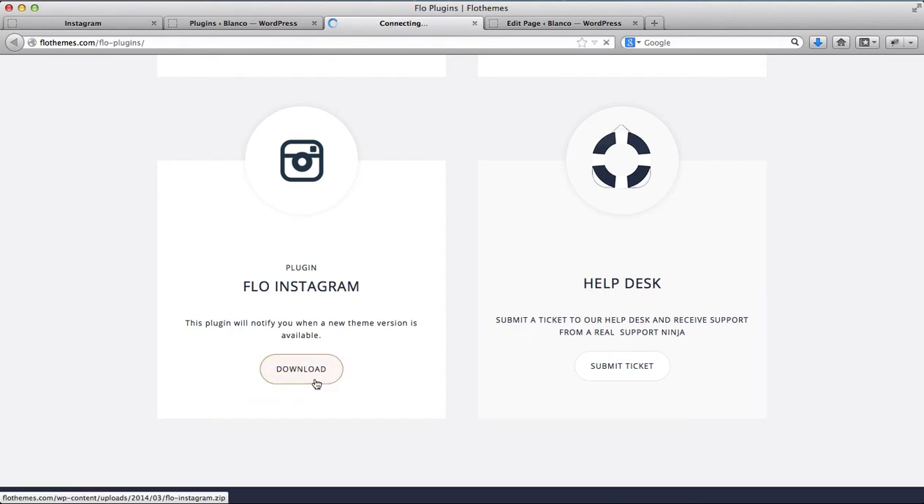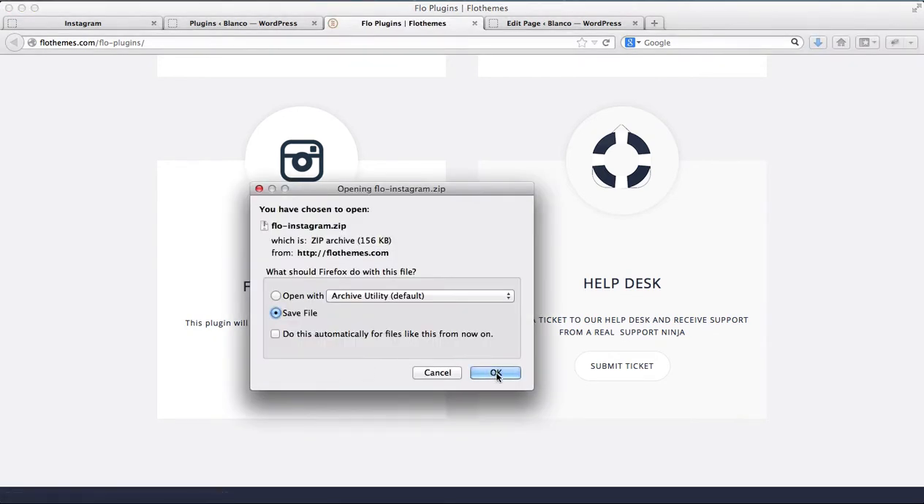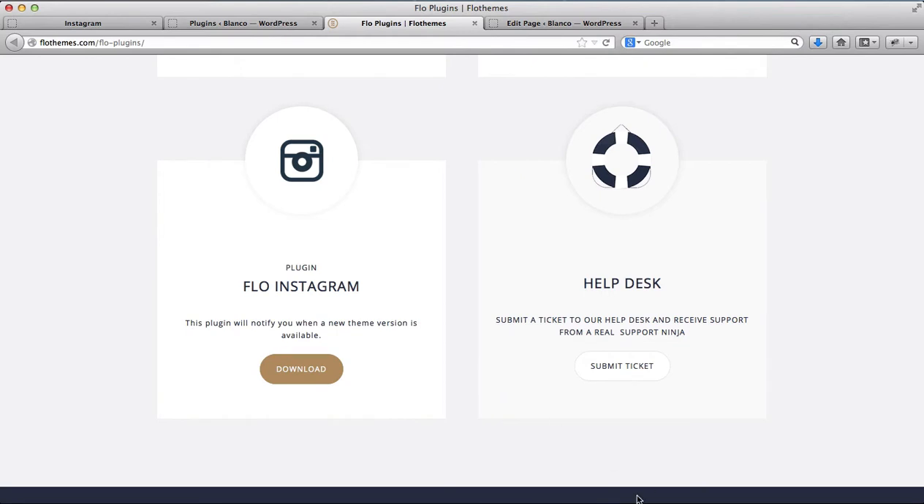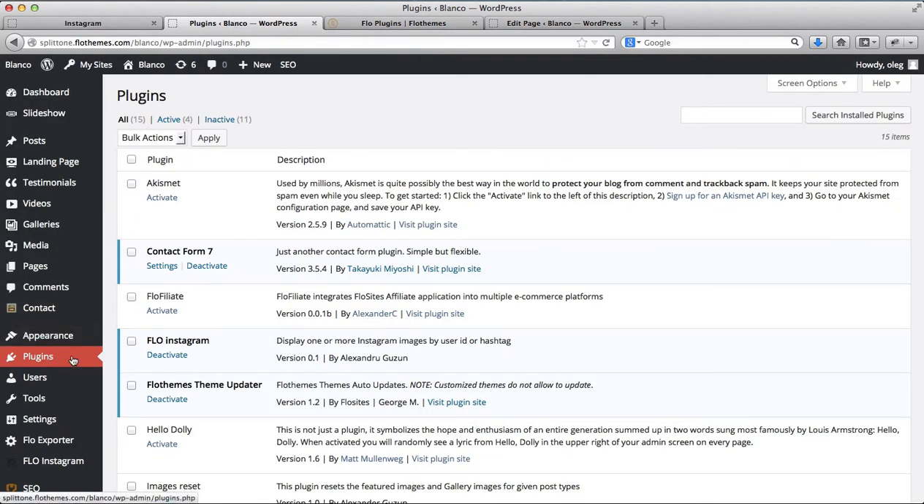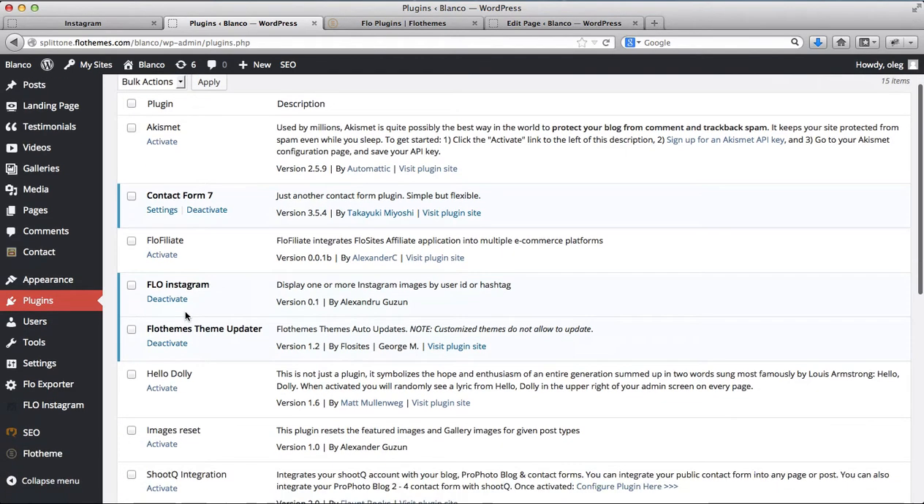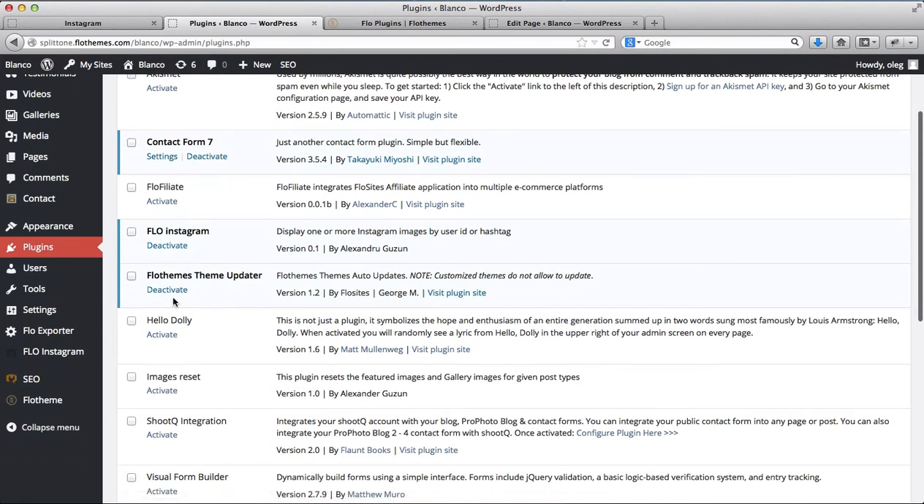You can click the download button to save this plugin. Once it's been downloaded, go to the plugins area and install our Flow Instagram plugin. Once it's been installed, be sure to activate this plugin, and then you'll see an icon appear on the left hand side where it says Flow Instagram, and you'll see it here. So let's click on Flow Instagram,